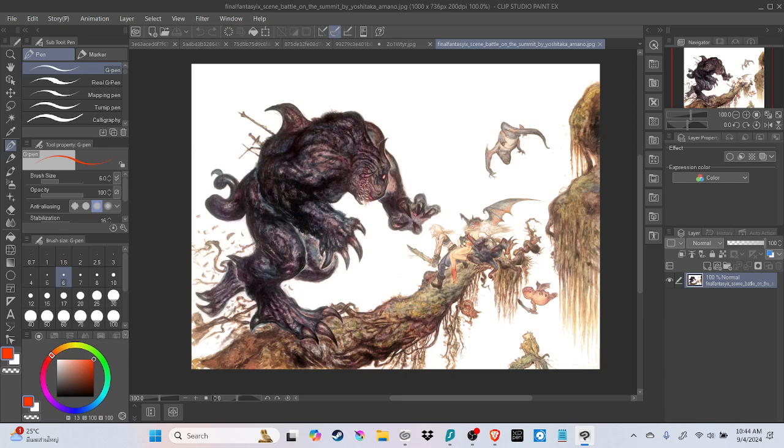Typically, when people look at concept art for Final Fantasy specifically, they look at Yoshitaka Amano's illustrations and concept design, character designs, or even some of the environment stuff he's done. I am aware that he has done most of the art and most of the aesthetic for the Final Fantasy games. But this is mostly going to be focused on the art that other people on the team did. At least I believe Yoshitaka Amano did not do all of the environment designs we're going to look at today.